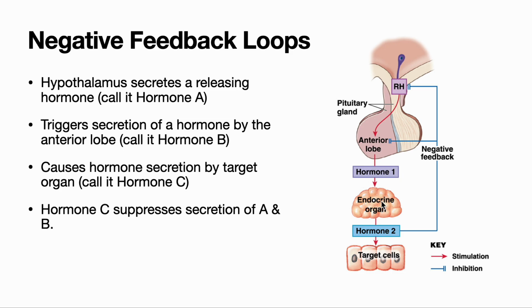Hormone 1 targets some endocrine gland, doesn't matter, this is just an example. And when hormone 1 targets this endocrine gland, it causes that endocrine gland to secrete hormone 2. Again, it's all red arrows, so I know it's all stimulation. And then that hormone is going to impact the target cells of this hormone. But what's interesting to us in terms of negative feedback loops is the effect of hormone 2 and activity in